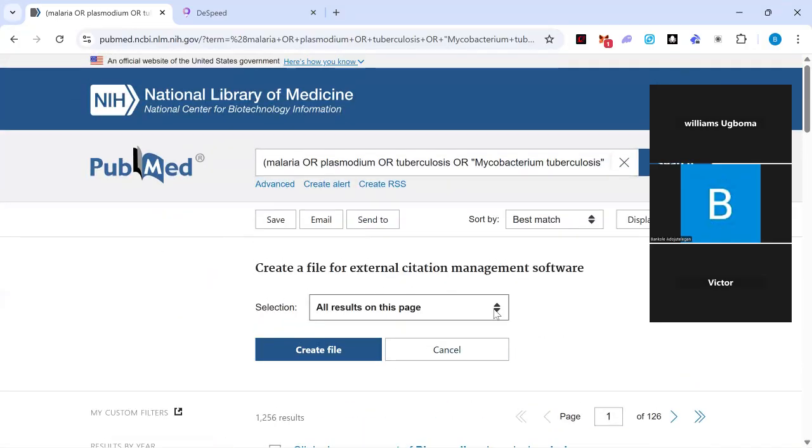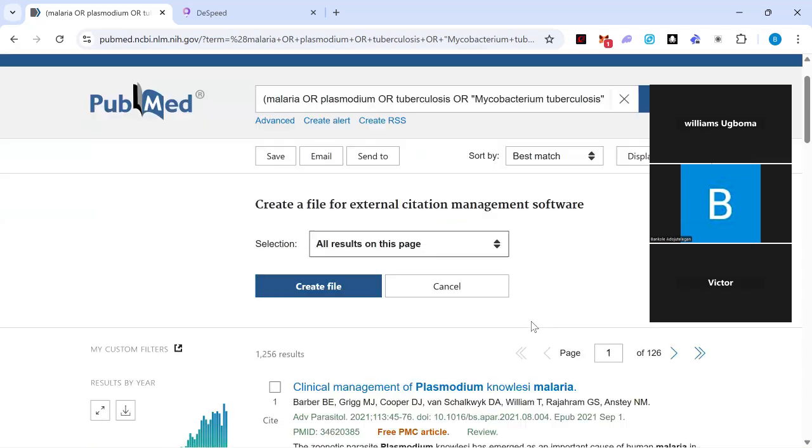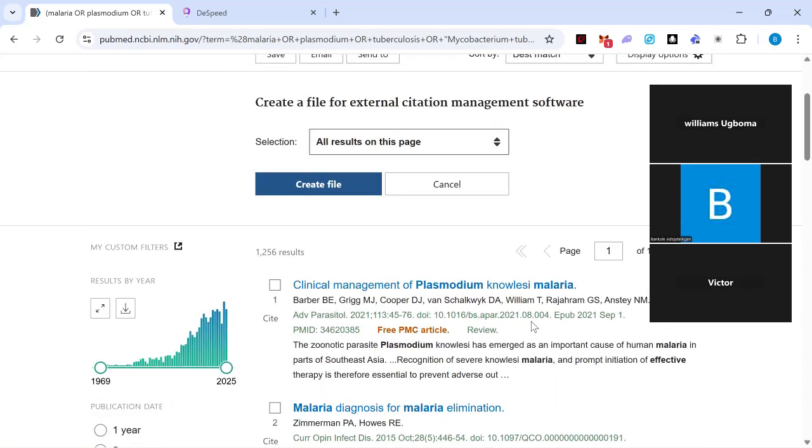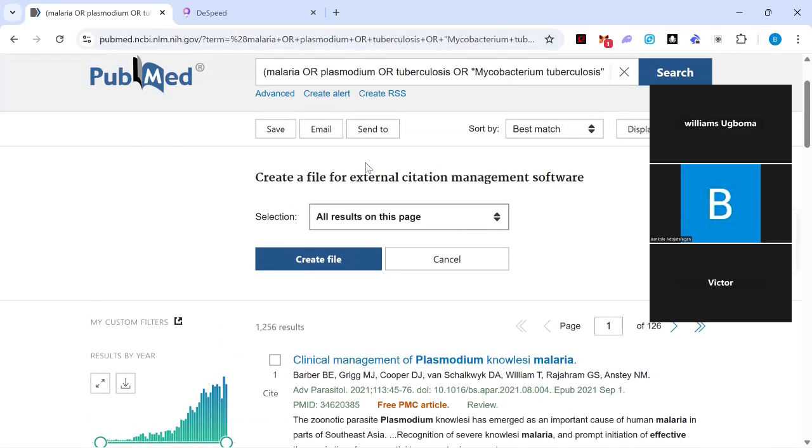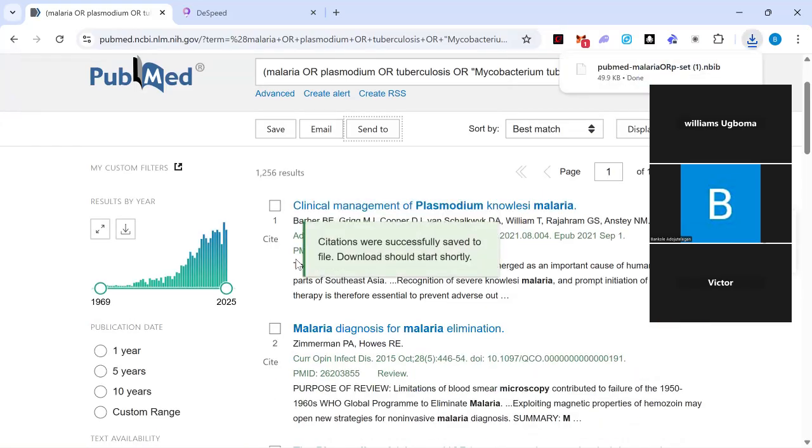But if you click this all results, it will generate a file that will direct you to all the results. That is this 1,256 results. So now after that, you will click this create file to generate it. Then it will automatically download to